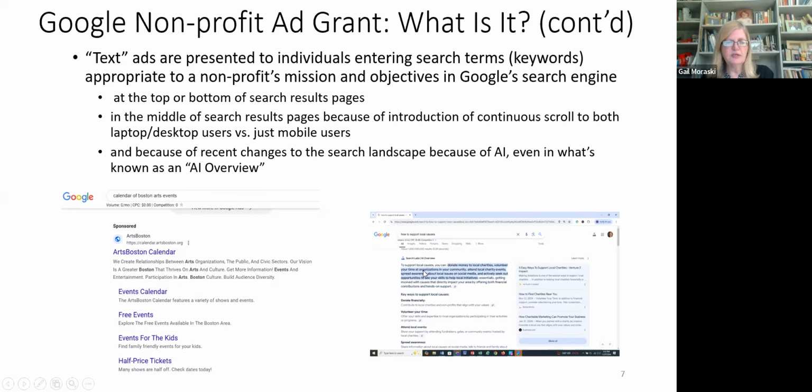And so Google is now going to start serving up ads sometimes even in these AI overviews. But it's such a new turn of events that I was not able to even get an image of a Google ad showing up in AI search results. But I just wanted you to be aware that with the Google ads, you're no longer guaranteed to appear in a particular spot on Google search results pages.